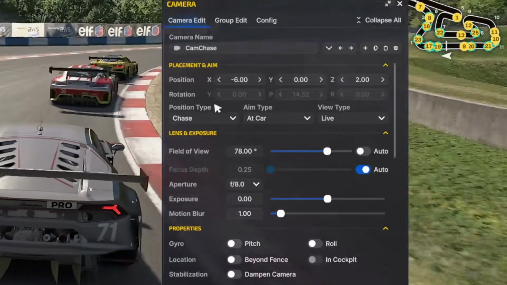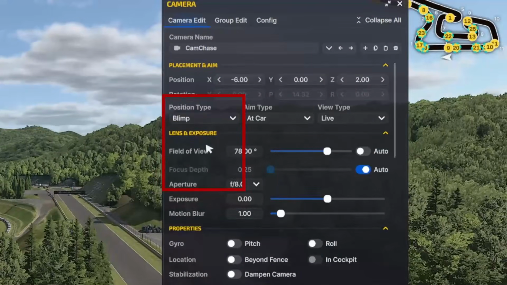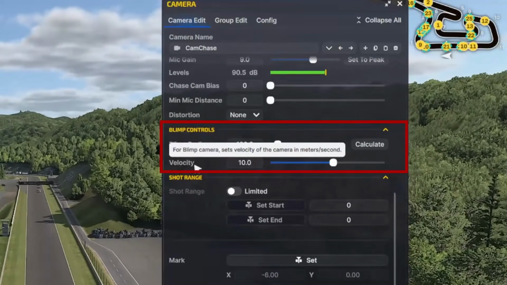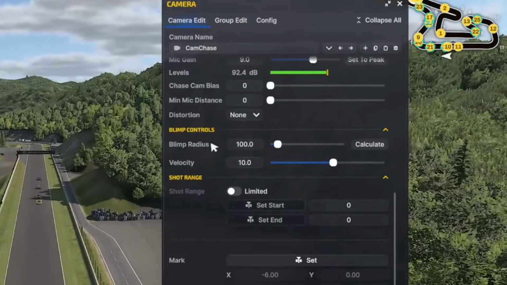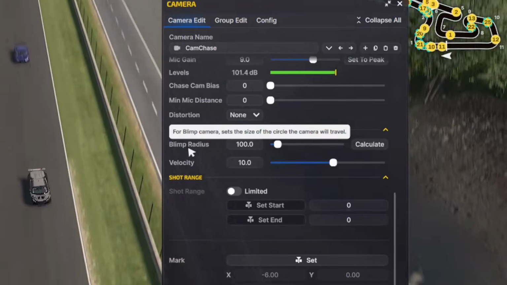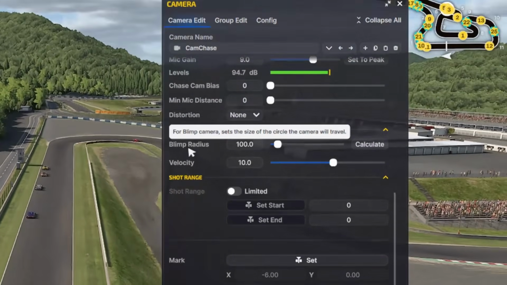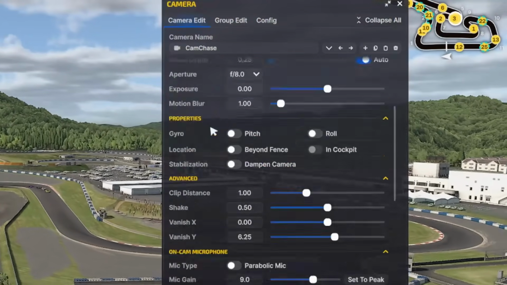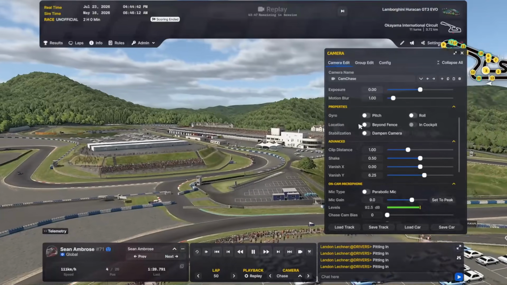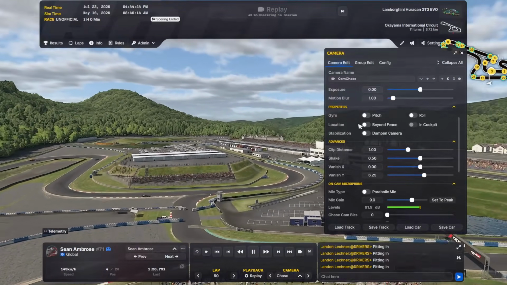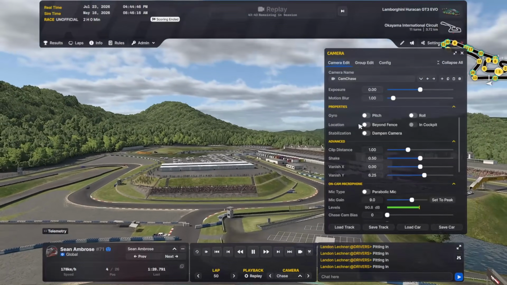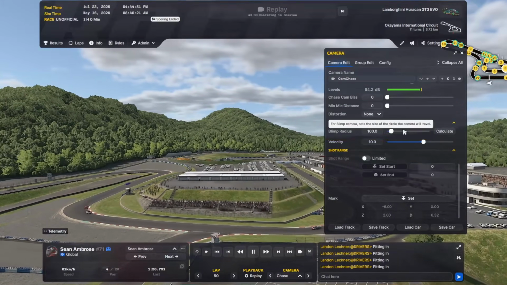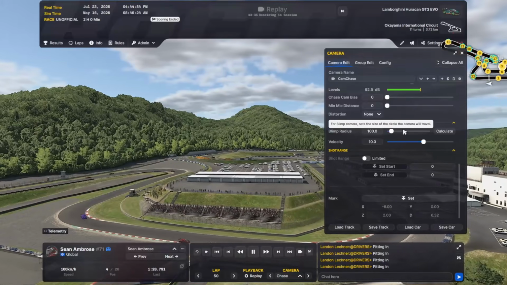Once the blimp position type is enabled, the blimp controls section will activate. The blimp moves in a consistent circle while the camera on the blimp follows the targeted driver. The X, Y, and Z position parameters up here actually set the center point of the circular path of the blimp relative to the track. Back down here, the blimp radius allows you to adjust how large the circle of the blimp's flight path is,